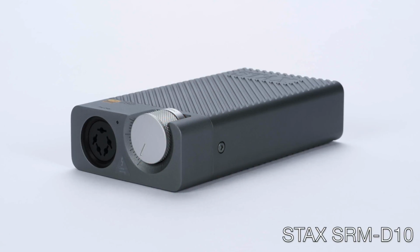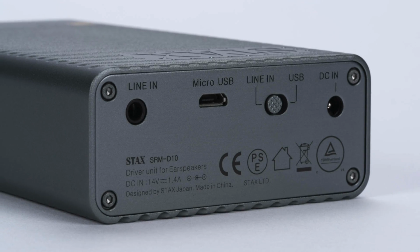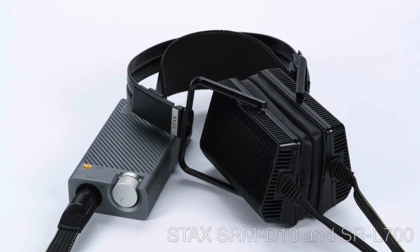They'll also have Stax electrostatic gear up there, featuring the new portable Stax DAC amp combo, the Stax SRM D10. With the very portable, rechargeable battery-powered SRM D10, I now have an absolutely bonkers hotel rig when I bring my Stax SR007 Mark II or the Stax SRL 700 to pair with it. So anyway, make sure to check out the Final D8000 and all this Stax gear and more at Project Perfection's